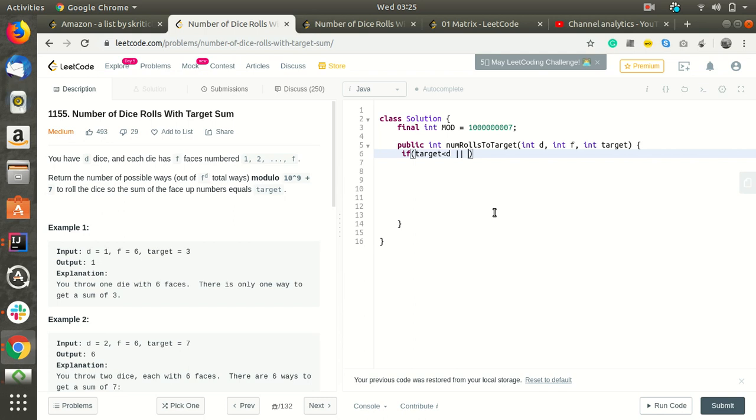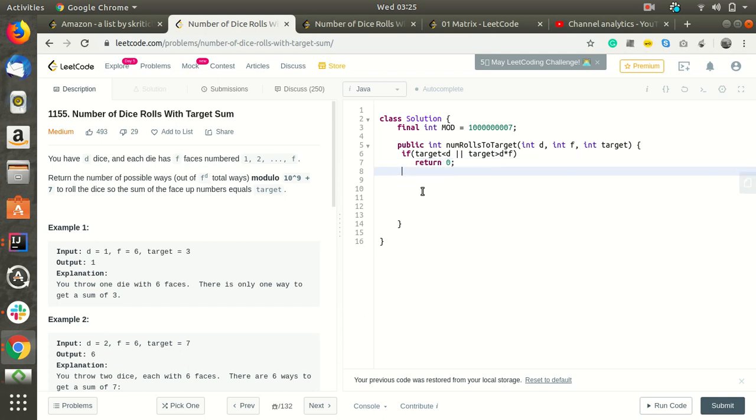Again, or if target is greater than D into F, in this way also it will not be reachable. Then in this case we will return 0.